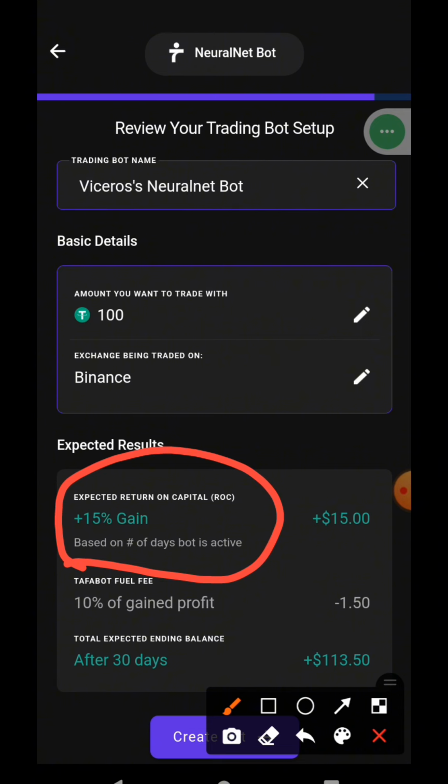But let me tell you, they are just trying to be humble. That is when you under promise and over deliver. They want to wow you. That's why they put 15% here in a month. Because as you can see from my Binance PNL, I've made over 24% within 3 hours. So this bot has the ability to wow you, but caution, caution, caution.